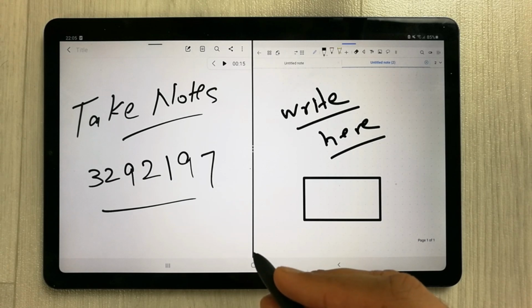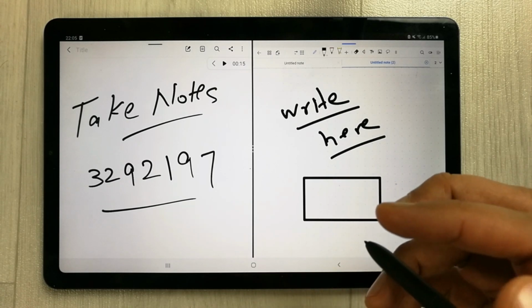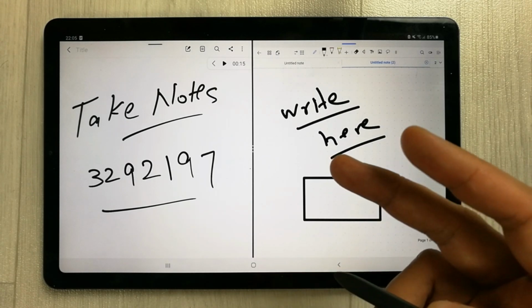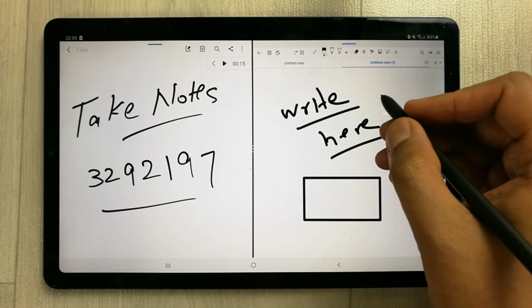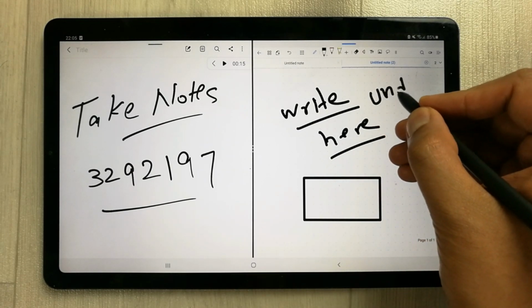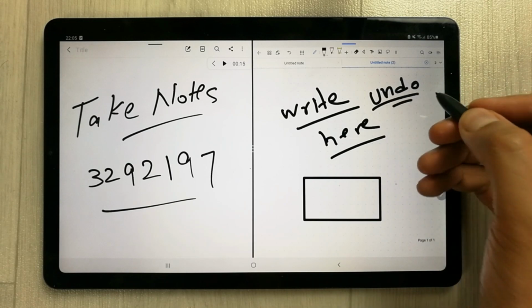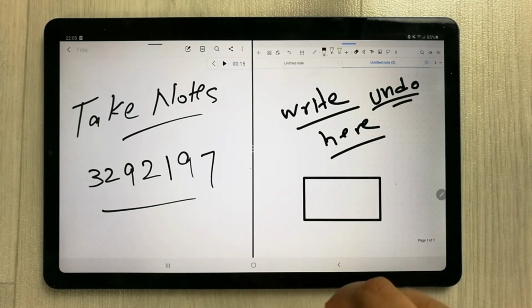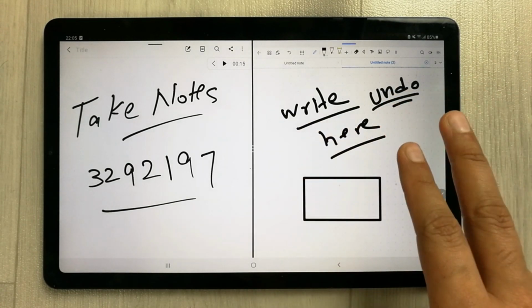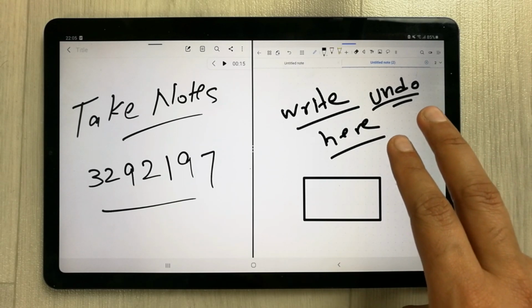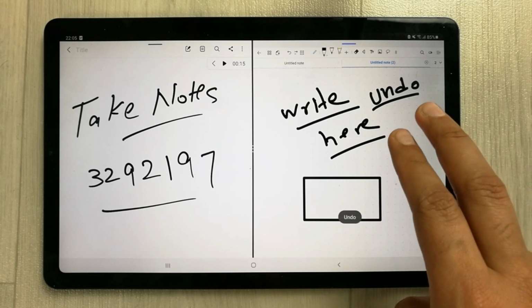So the first feature is the undo and redo option by fingertips. I will show you, for example, if you write anything here, for example, I write this, and now you want to undo this. You just have to use 2 fingers and tap 2 times on the screen, and then it will start making undo.